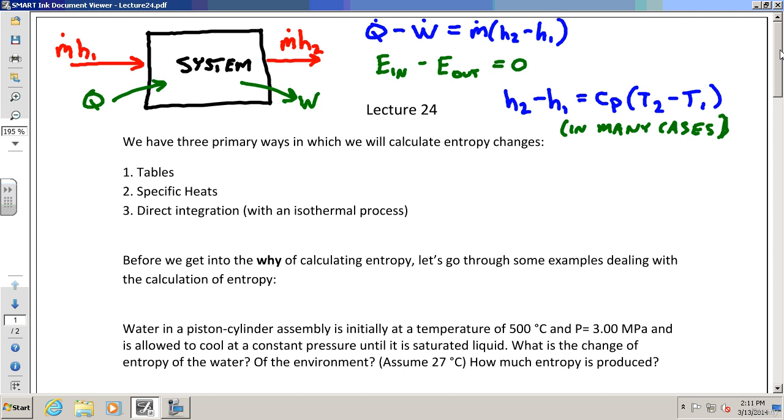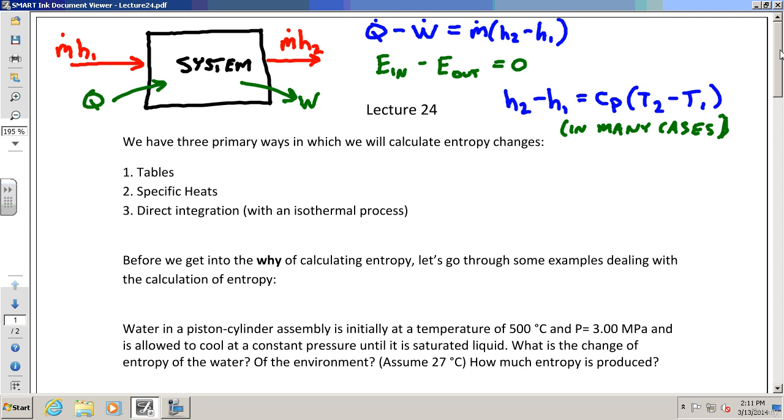The only example that would be different was the one you had in your homework, where the tank actually changed its energy because the tank had a certain temperature that changed during the problem. Okay? And so you'd have to account for that. In that case, it would have been energy in minus energy out equals change of energy of the tank, right? Because the tank cooled off. So essentially, you lost more energy than what you put in. When something cools off, it must have lost more energy than what you put in, right?